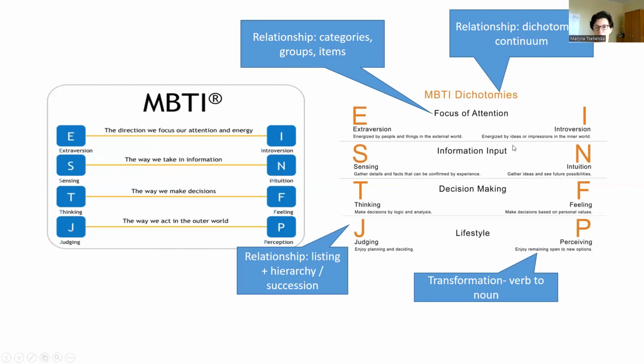Again, we can say information input, or we can say that in the second dichotomy, we see how the information is taken in, how the decisions are made, and about our lifestyle. So those were the two basic tables that we took for the